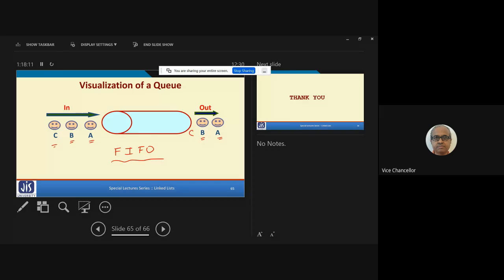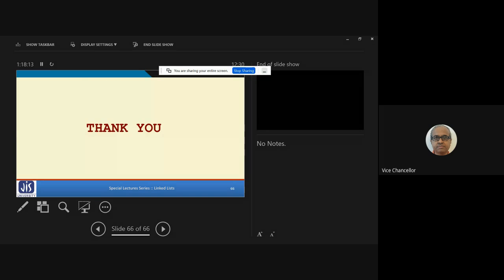So we stop here for today. For the next class, what I would like to say is something very important. What I mentioned today is that stack is a data structure where the access is last in, first out. Queue is a data structure where access is first in, first out. But if I ask you a question today, can you name a few applications of stack? Can anyone tell some applications of stack?